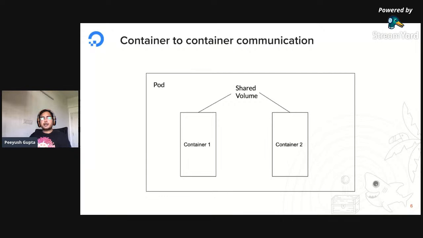So, one of the first things. I'm sure if you have been working with Kubernetes, you would know the unit of deployment or the basic atom in a Kubernetes world is called a pod. And a pod is nothing but a group of containers. So you can think of it as an enclosure where you would be running your containers inside.